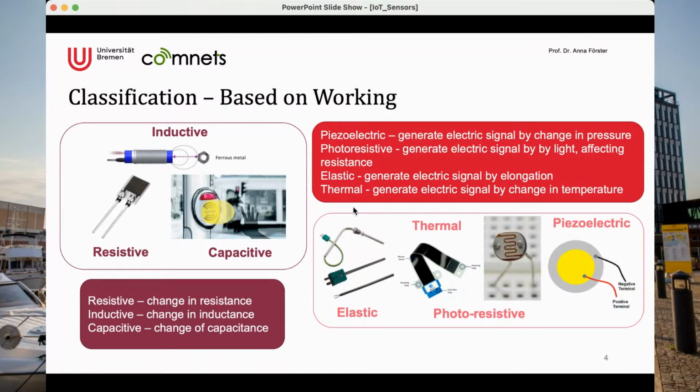So this is what you can find in touch buttons, or in sensors for shoes, where the fact that you are pushing on this sensor actually creates an electric signal, and the strength of this electric signal now can be measured,